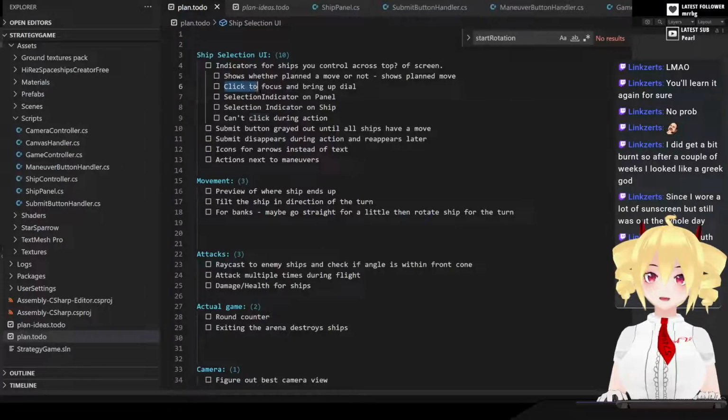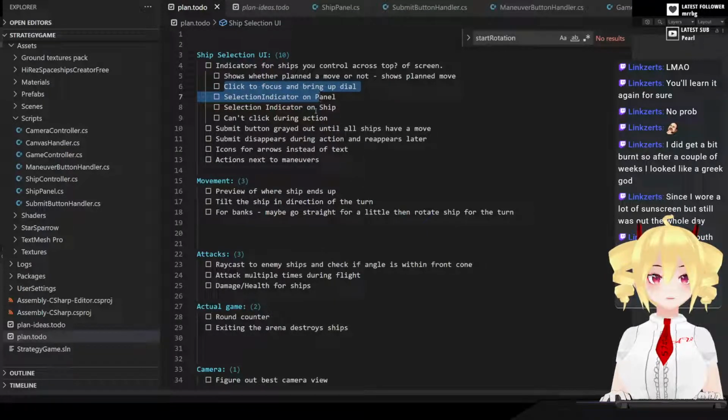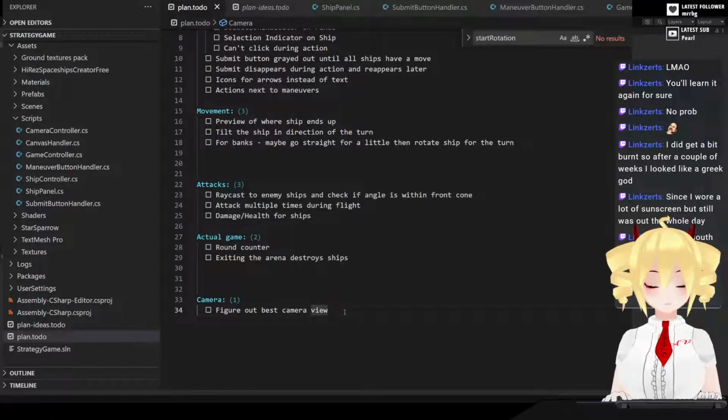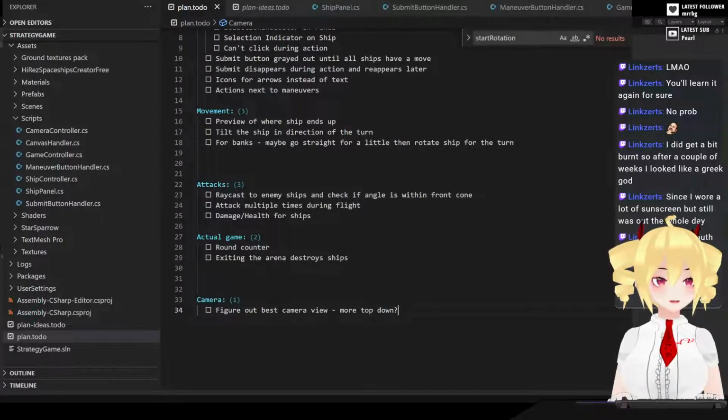Oh, I kind of want to focus on the ship too. I also kind of want to change the camera angle, but I was having a little trouble making right click,